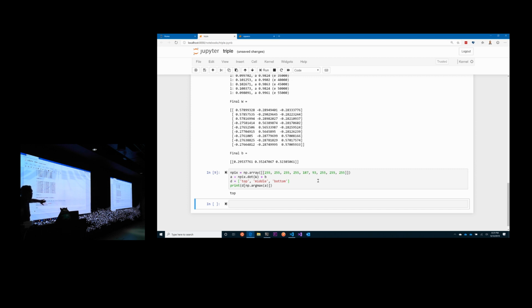And you can see that that's what it is. Now you're probably wondering, well, what the heck? It guessed top even though they're all... what if I put 255 in all of them? What's going to happen then? Sorry, just kidding. No, that's not it. It just gets top. Do I know why? No, I don't know. I guess I could go in there and look at the numbers. But the problem is that when you have a deep neural network, this matrix, specifically when it comes to digits, is going to be 784 wide. How do you make sense of that? And that's the problem, I think, with deep learning. There's no computational learning theory behind it, which is okay, I guess.